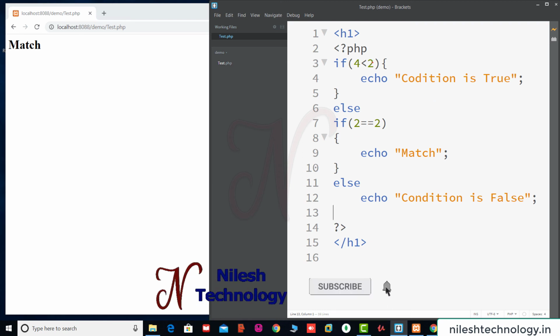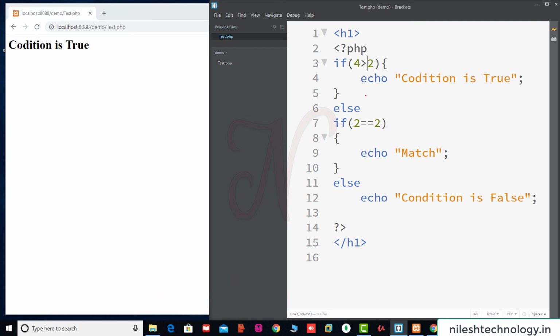See, this is the match. If 4 is greater than 2, save, condition is true. If you want to use the regular if else, there is no issue. But if you want to use the new syntax in your code, it also works. My suggestion is to use the new syntax because it saves a lot of lines in your code.